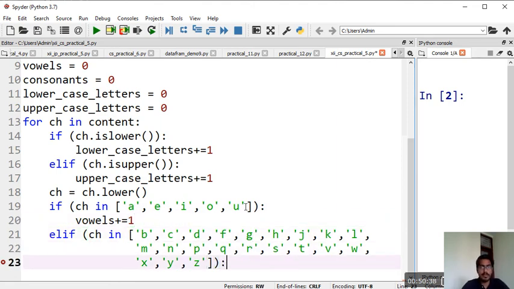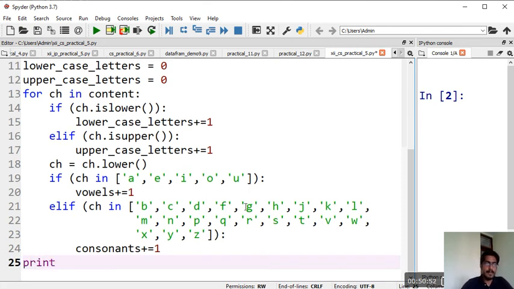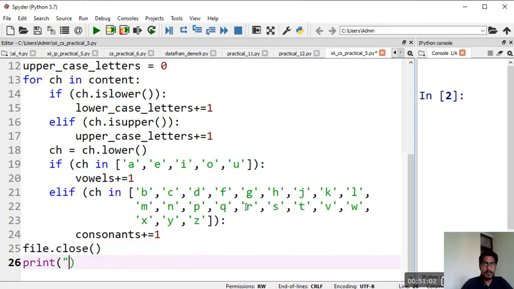If this condition is true, then we need to increment the consonants count, plus equals 1 like this. Okay, and at the bottom we will print all these details. You may also close the file here, because it is always best practice to close the file, and then print the vowels.